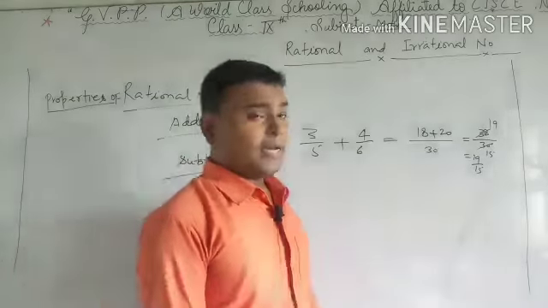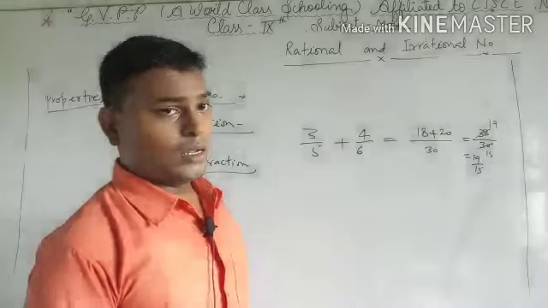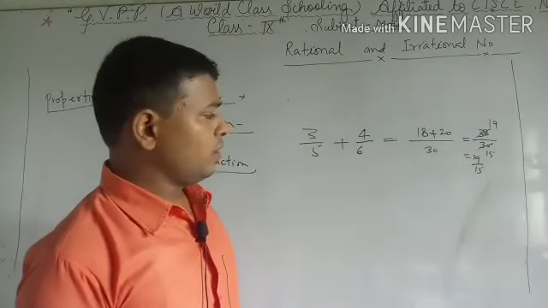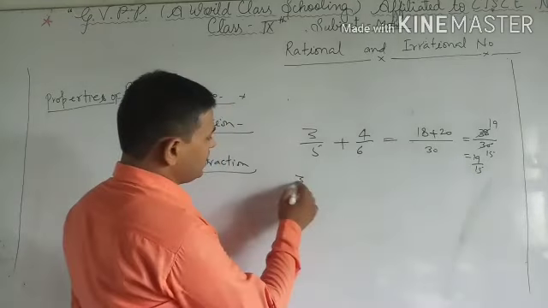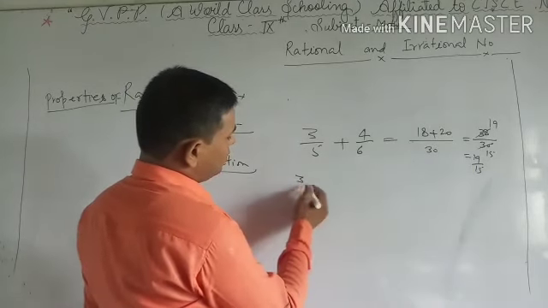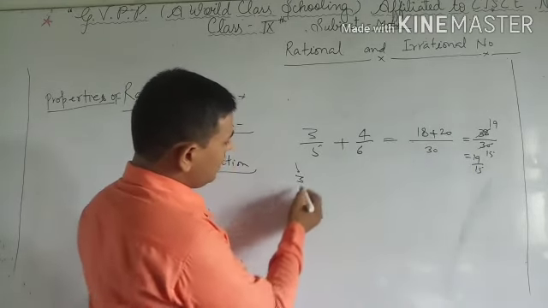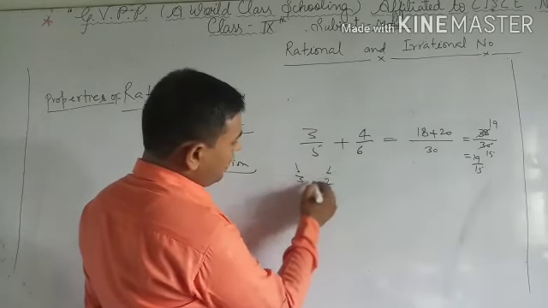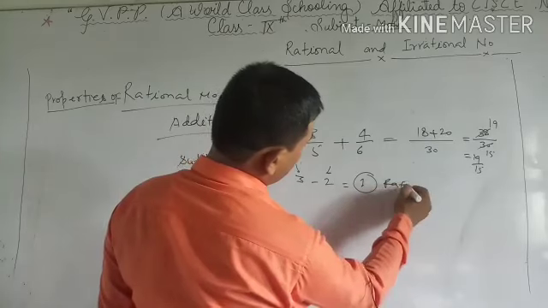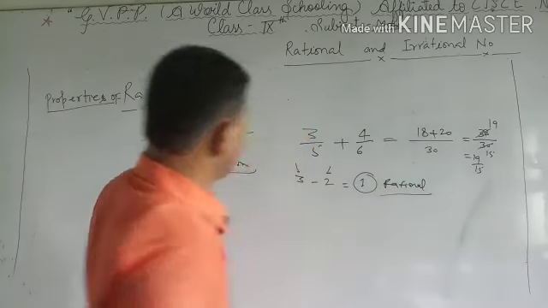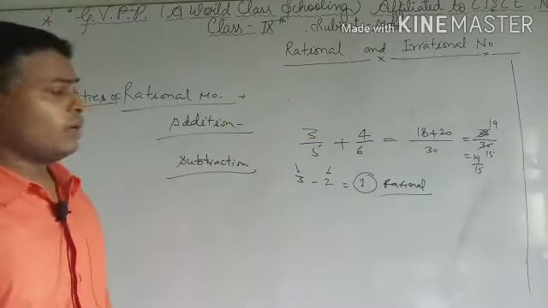If you subtract any two rational numbers, the number that you will obtain will also be a rational number. Okay, that means if you take any number, this is also a rational number, 3. If you take 2 and if you subtract this, you will get 1, and this is also what? Rational. That means the difference of any two rational numbers is also a rational number.